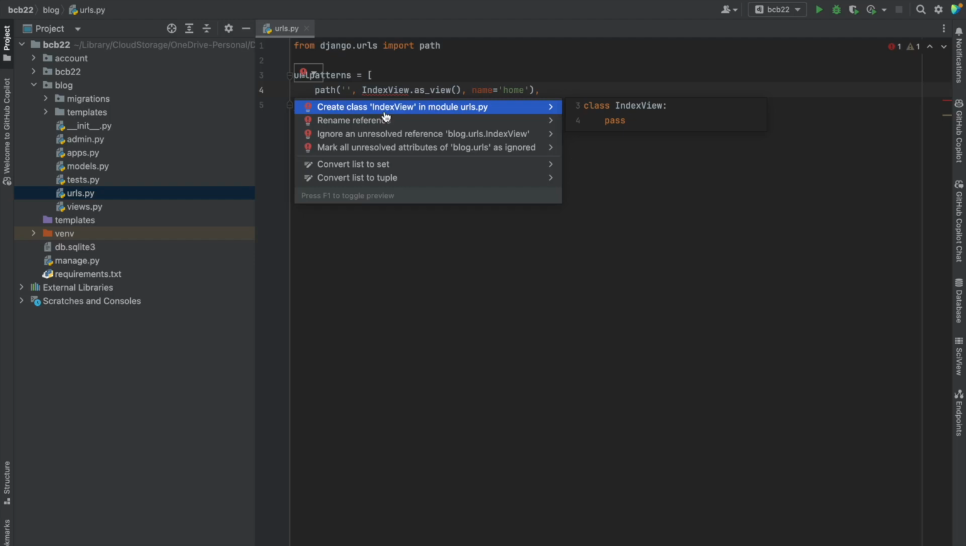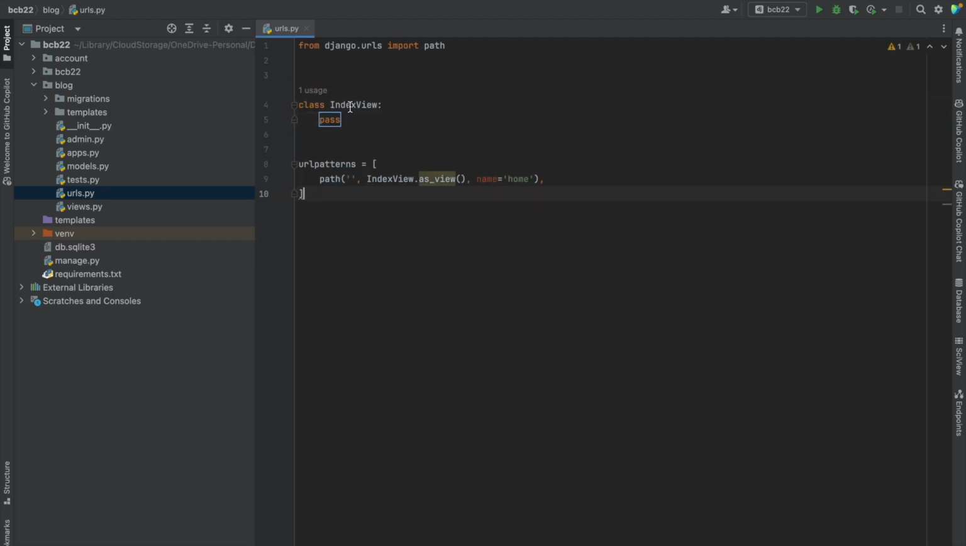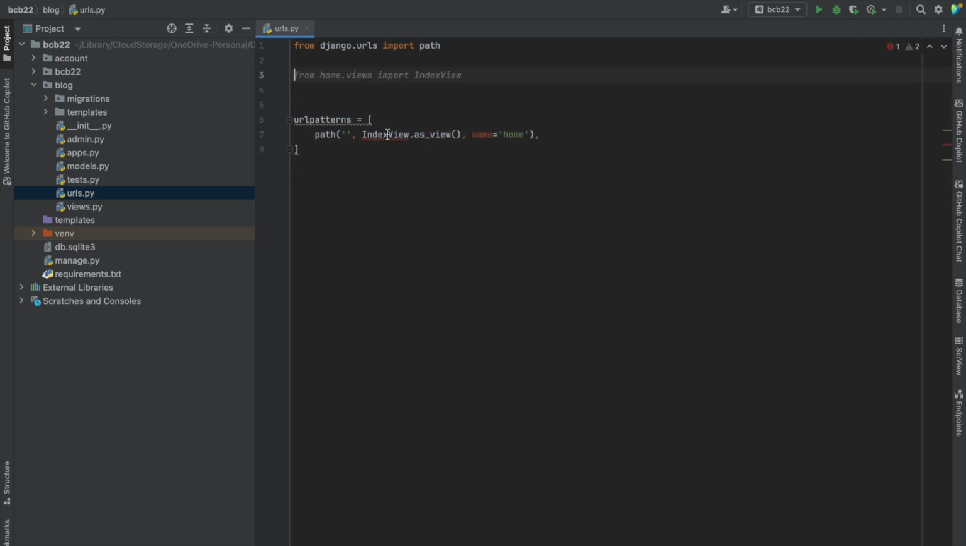It's not anything we've created, so it wants to create this for you. Generally when you do something like that, it immediately creates that specific thing. In this case, it knows that it's a class, so it creates that class for you. But I'm gonna get rid of that, and we're gonna call it home template